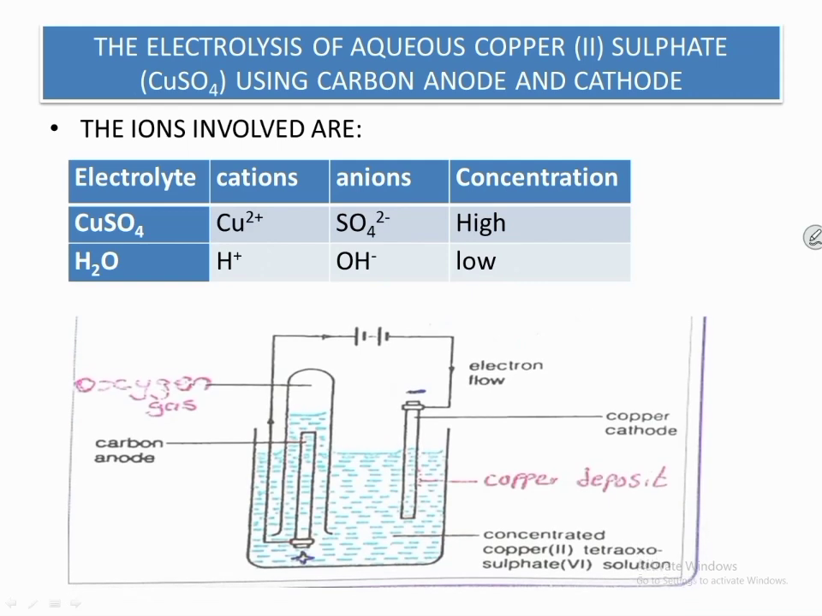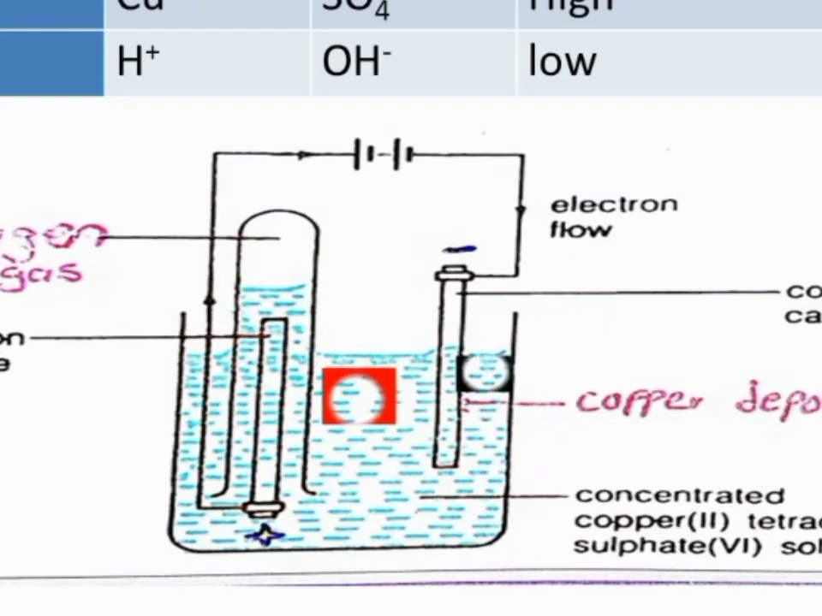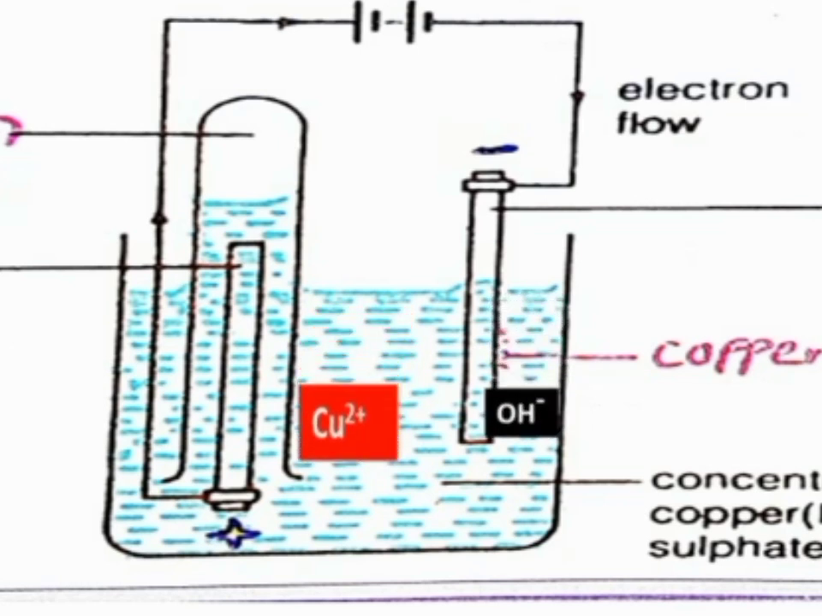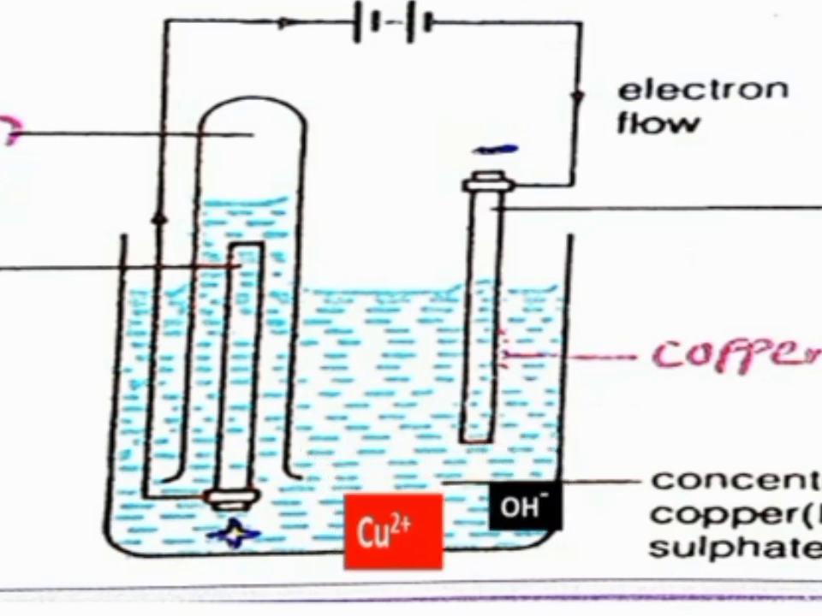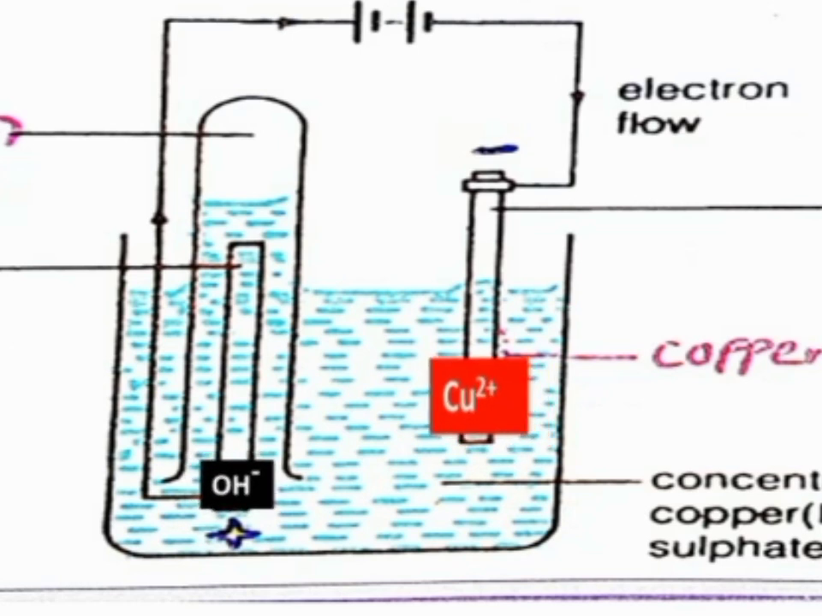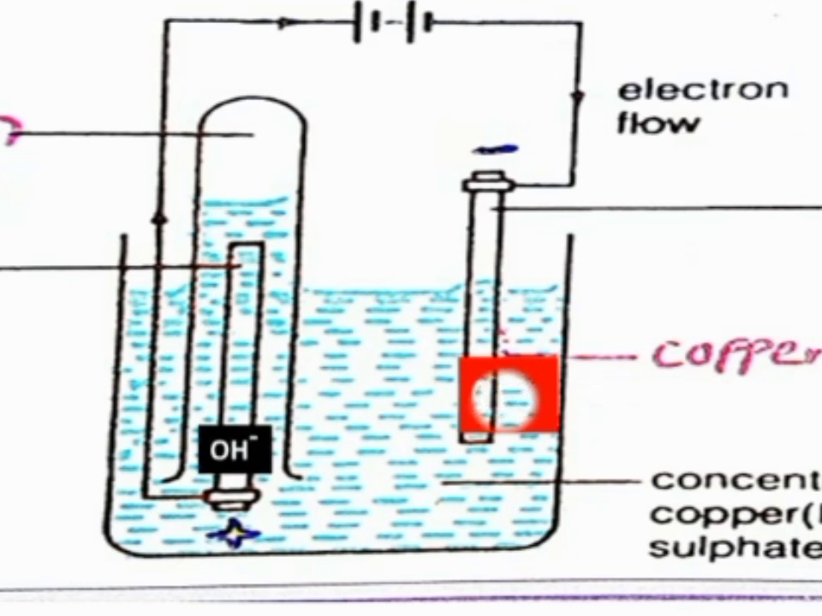All right. Now, this is how the setup should look using carbon anode and copper cathode. Imagine these are the ions. The red we have there is copper(II) and the OH- ion. As the setup is connected to a battery, the Cu2+ migrates to the cathode, while the OH- migrates to the anode. OH- is discharged as water and oxygen, while copper(II) is discharged as normal copper,